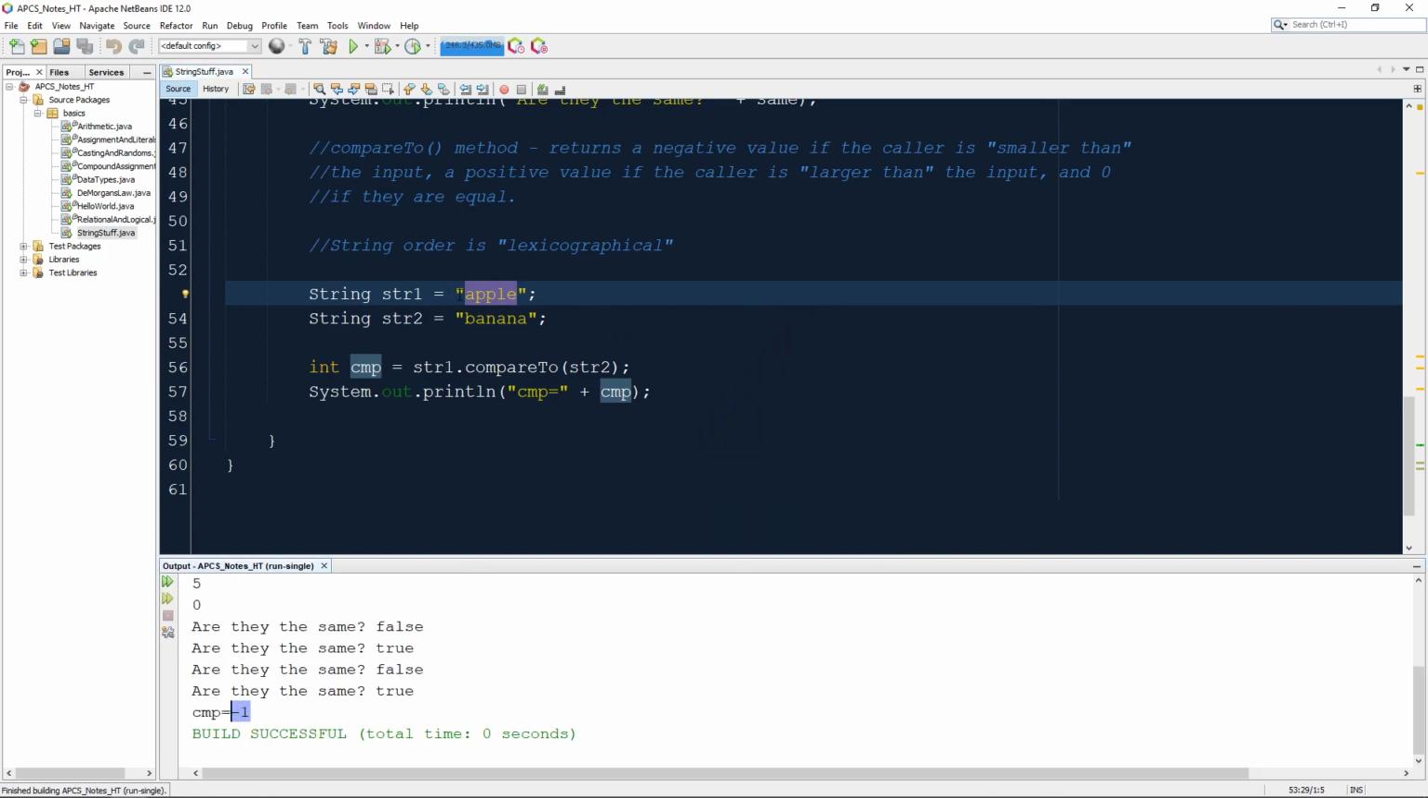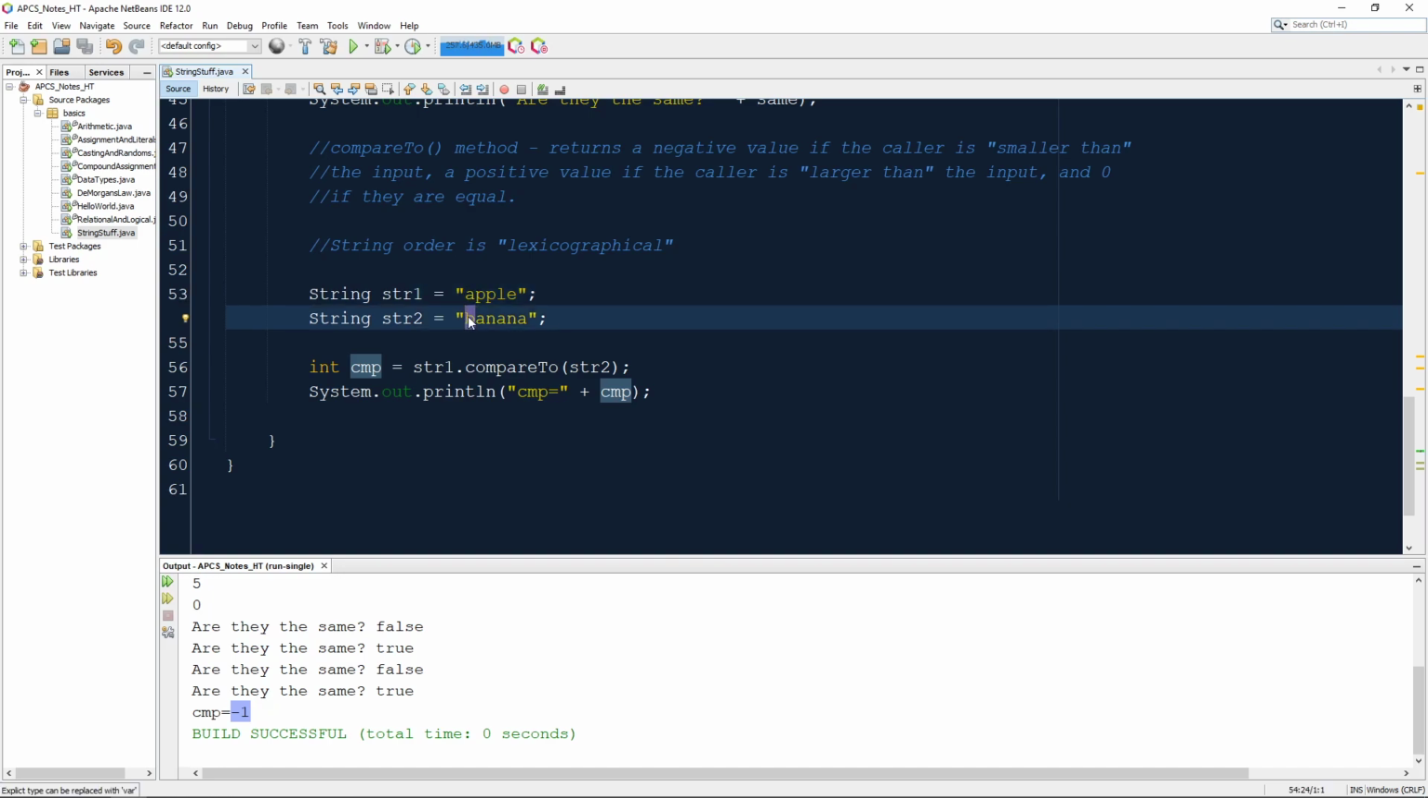-1. Why is it negative? Because apple is before banana if you had to put them in order. And the way it's going to work is it actually goes character by character, and it says, okay, are the characters different? What is the difference? And that's the result we get. If I look at the letter A, is it smaller than B? Because they're different, then it must be a negative number. If they happen to be the same, so for example, if I did